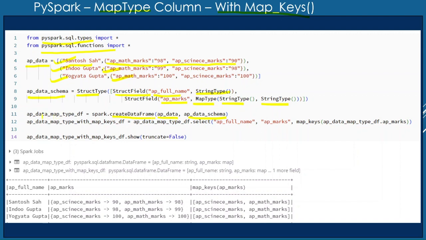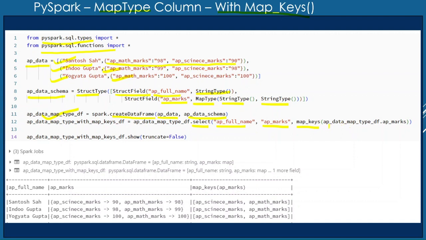When this data frame gets created, we are selecting the columns with the help of a select function, passing all the column names which we are going to select. AP underscore full name is one of the columns which I am selecting. Second is AP marks, and third we are creating a column with the help of map key.